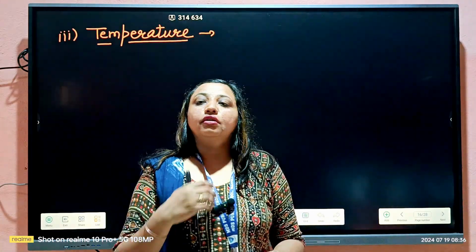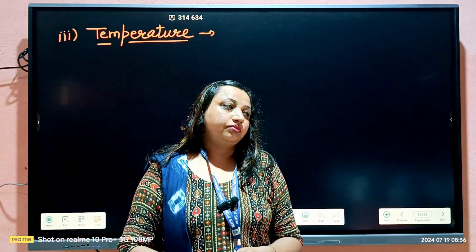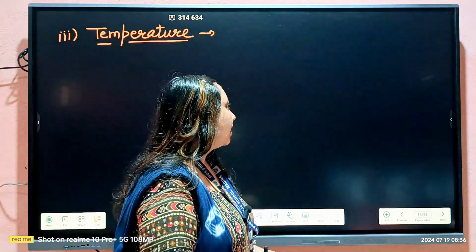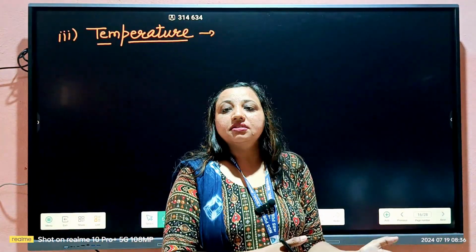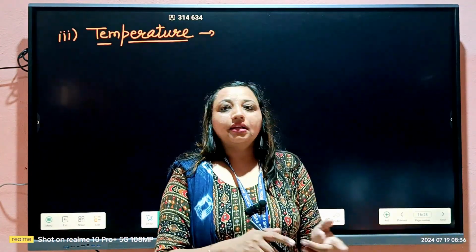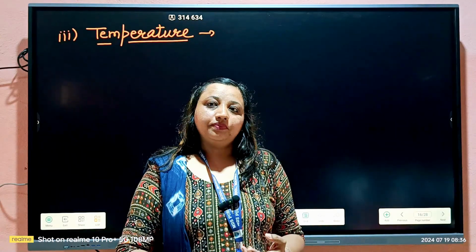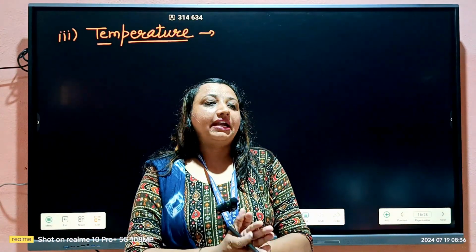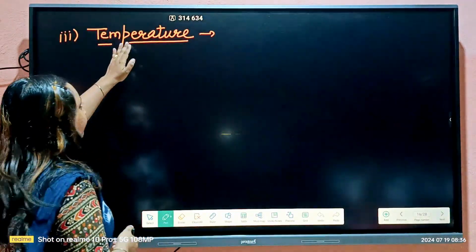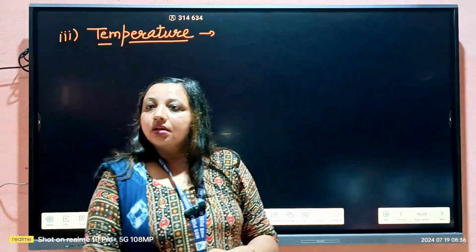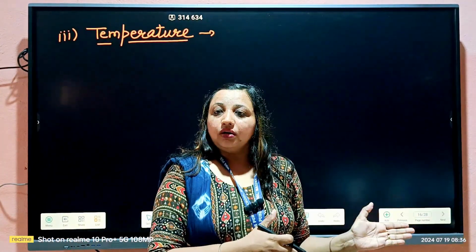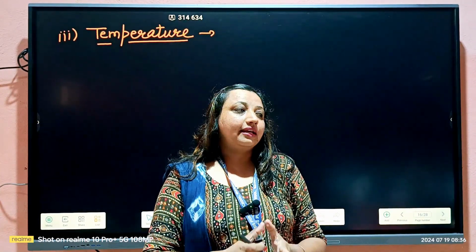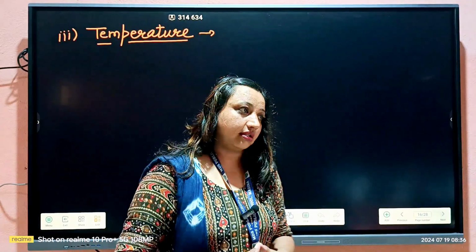What is the SI unit of resistance? It's ohm. And what is the SI unit of resistivity? Ohm meter, right? We also discussed the factors affecting the resistance, like length and area. Two factors we have discussed. Now the third factor which affects the resistance is the temperature, right? We also talked about how temperature has a direct relation with the kinetic energy of electrons, right?